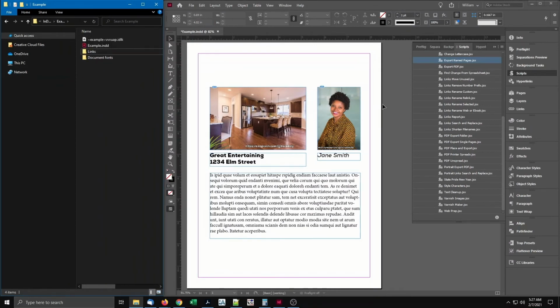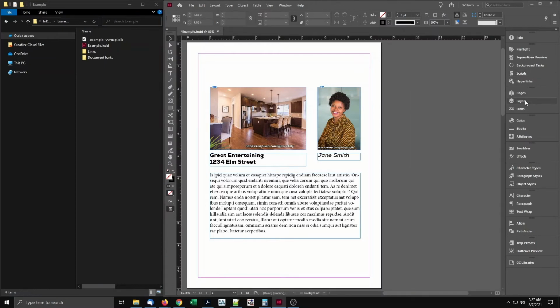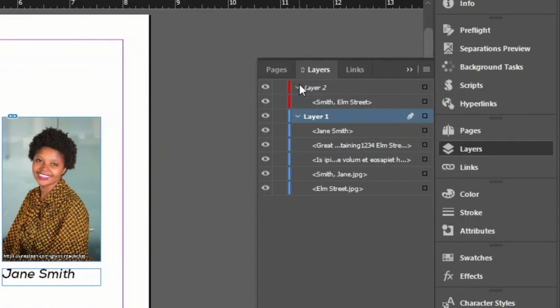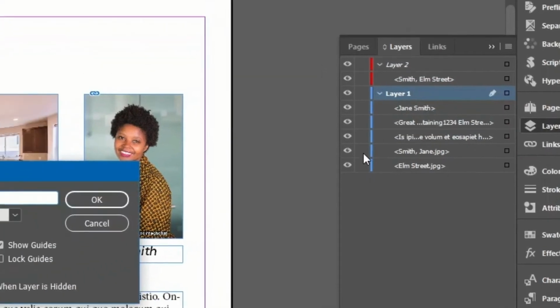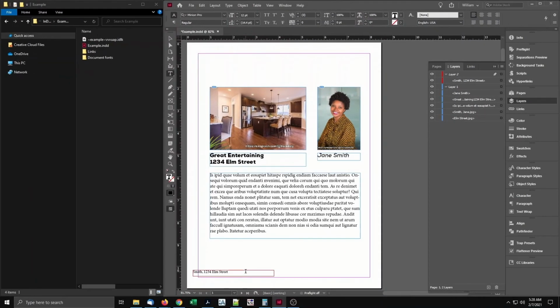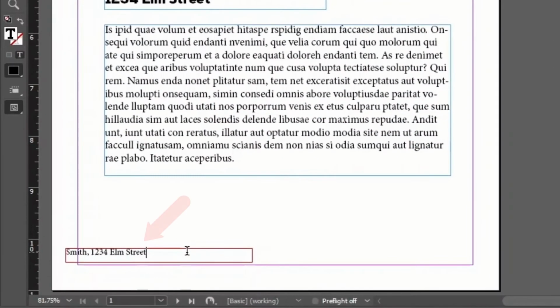Now suppose nothing on the page is what you want for a file name. Then add it to the page. Just don't print it. The script sees everything on the page, even non-printing content. To demonstrate, I have another layer, and for it, I've unchecked Print Layer. So none of this layer appears on the final output. To this layer, I've added a text frame on each page with my desired file name.